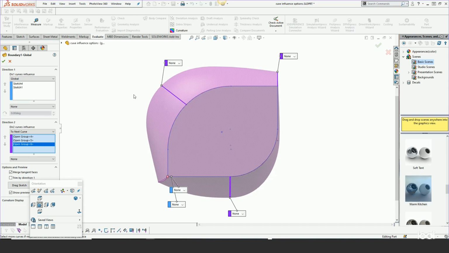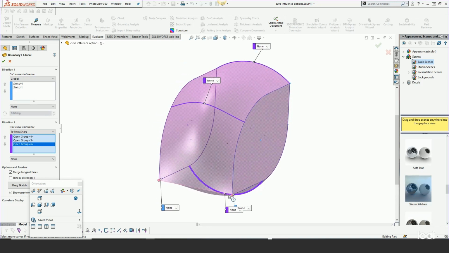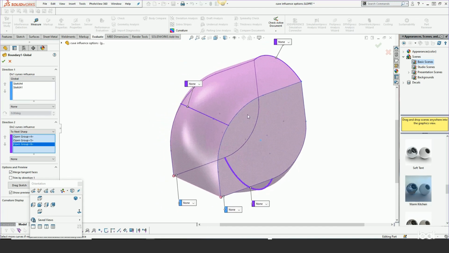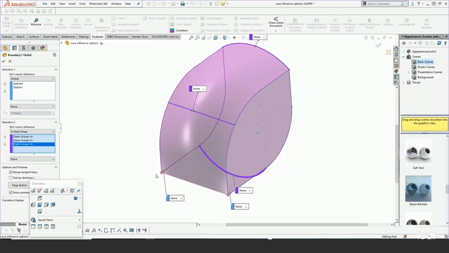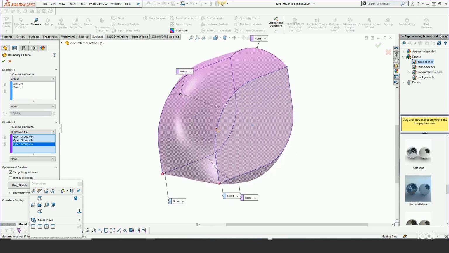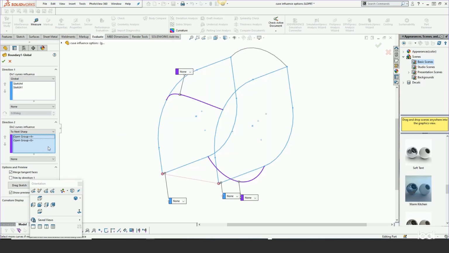especially between curves. If we do something like next sharp, then what it's doing is it's saying, go to my sharps, which are these points or vertices in my profiles in my first direction, and make the solution sharp. I purposely left out a curve here to show you that. These curves are still defining the shape because it is using these as the second direction curves. If we were to start to eliminate them,